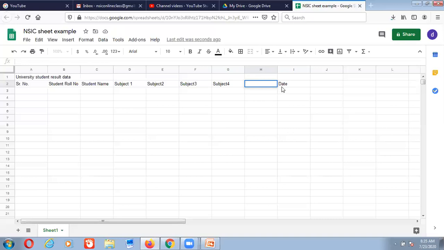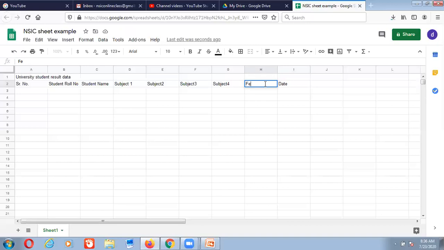So for doing that, when I am in another cell, I will come here and double click this cell. Then you will see there is a pointer. Now here you can write fee. Now suppose again we come to the date cell, again we come to fee. See, this is selected. Now double click it. Now you see the pointer. Now you delete, and only one character will be deleted, not the whole word.